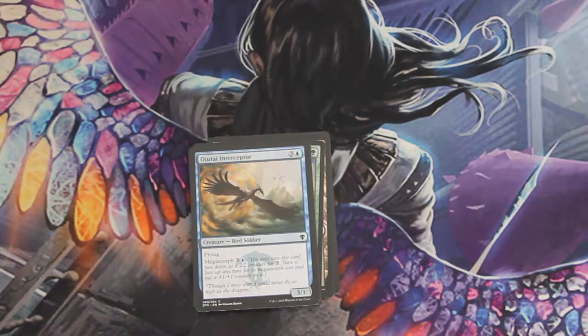Next up, we have Tie Interceptor. This is a 3 and a blue, 3/1 flyer. You can Megamorph it, and then unmorph it also for 3 and a blue. And that's it. It just gets the +1/+1 counter. So it's a 4 mana 3/1 flyer, or it's a 3 mana 2/2 and then a 4 mana 4/2 flyer,